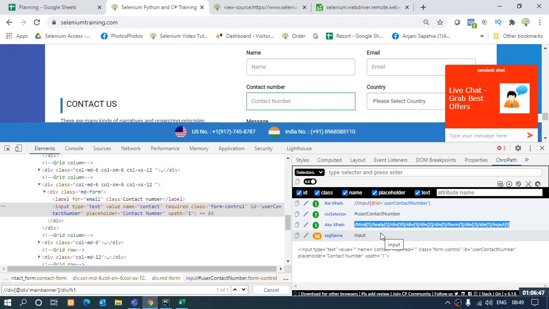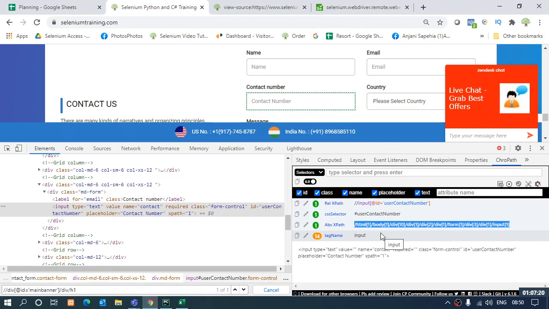On the screen, you would see the highlighted one where I have selected the text. That's the complete XPath for the chosen element by the tool we have chosen, the ChroPath. Above that, that's the CSS selector. We have not covered it yet, so we'll talk about this later. And at the top, we have the partial XPath. So you can use this tool as well to get accurate XPaths. Okay.